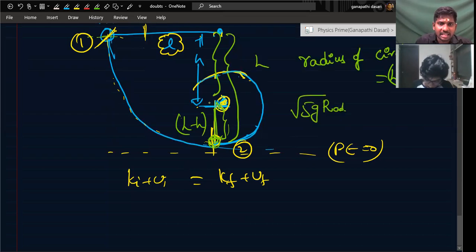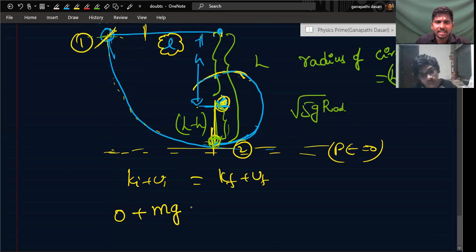Till here, before it hits the nail, KE is zero; it is just released from that point. Plus potential energy is how much? Mg into L from the base. If I am taking this as the base, mgL is the initial potential energy. Then the final kinetic energy is